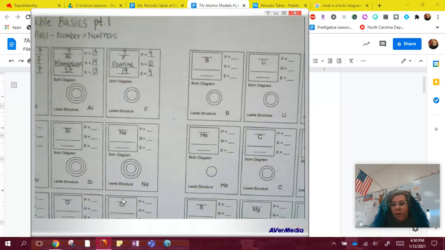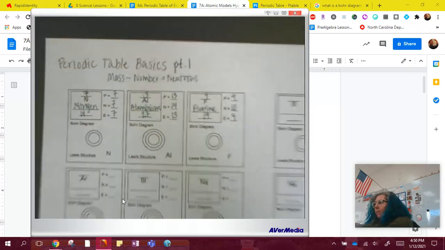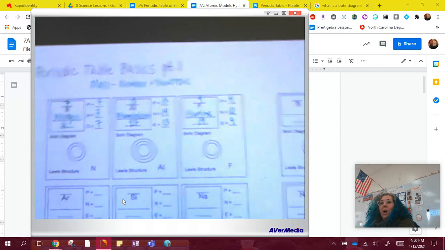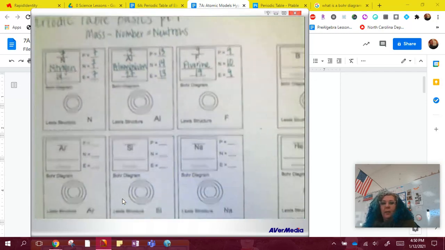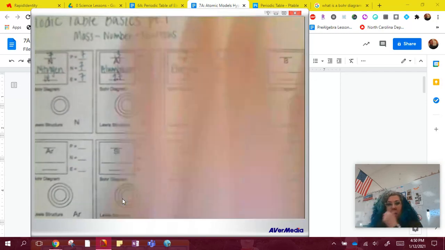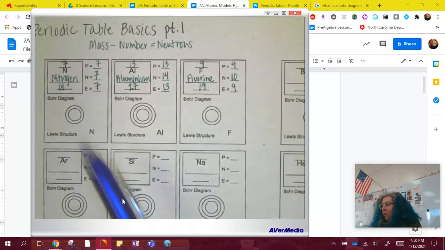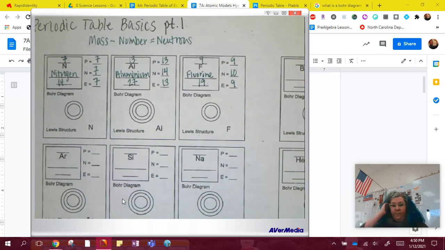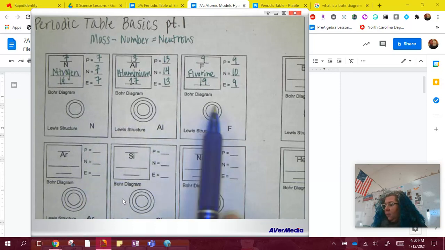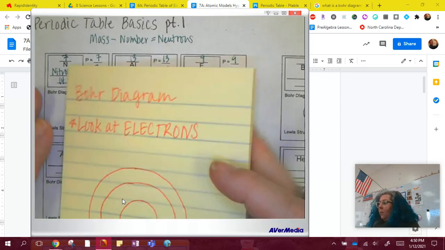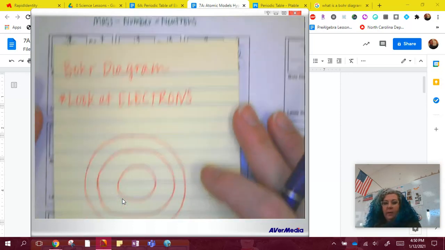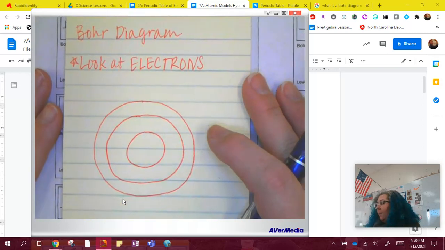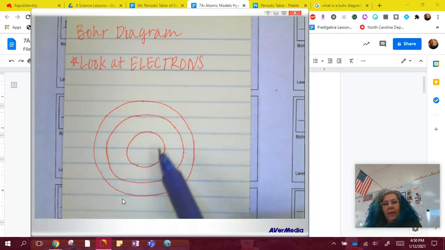If we go to this sheet that you've done, you should have completed the top part for each of the cards before you start this. Today we're going to learn about the Bohr diagram. That's this middle part for each of the cards. A Bohr diagram is just a model to show the electrons and how they orbit